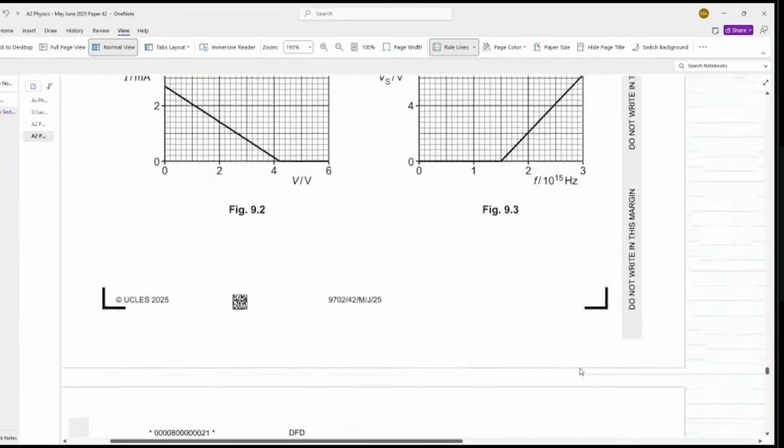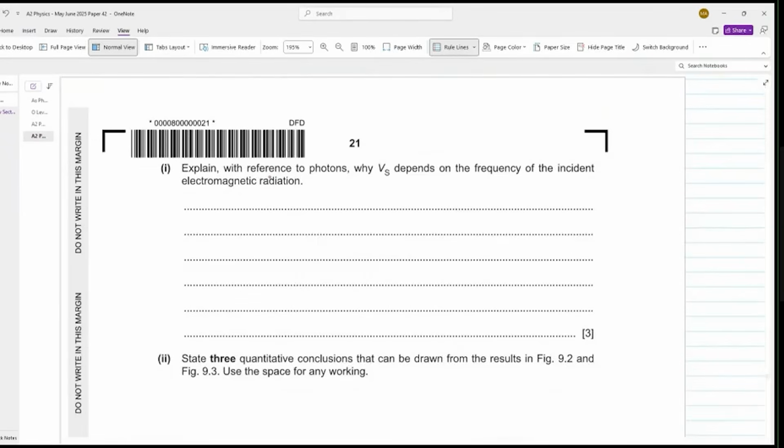Explain with reference to photons why Vs depends on the frequency of the incident electromagnetic radiation. Actually, we have to explain how this Vs depends on the frequency of the incident